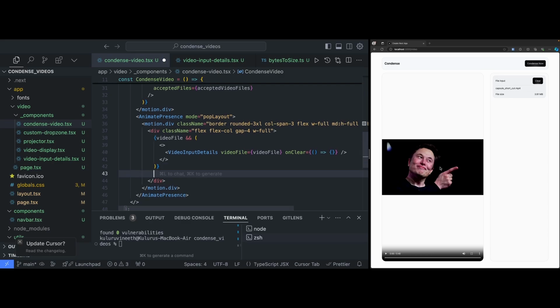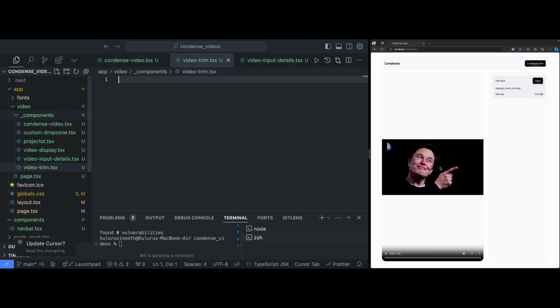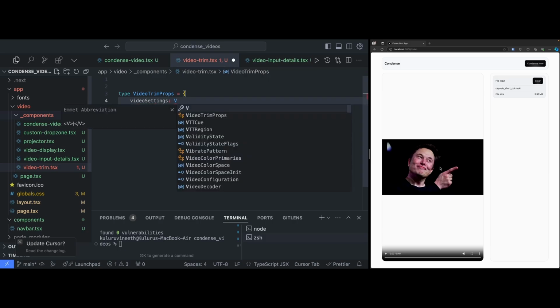Okay, so after this we need to have a component which helps us to trim the video. So that also I'm just going to create as a new component. Let's have this as VideoTrim.tsx, and for this the props that we'll be sending are the video settings, the option of a callback function to update those video settings, and whether this is disabled or not. Okay, so I think I'm just going to create a type for that, VideoTrimProps, and this one, video settings, which would be of type video